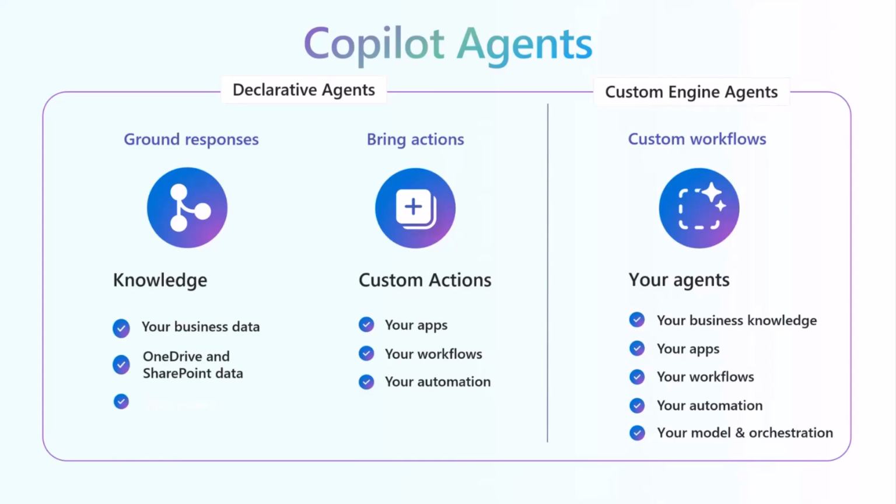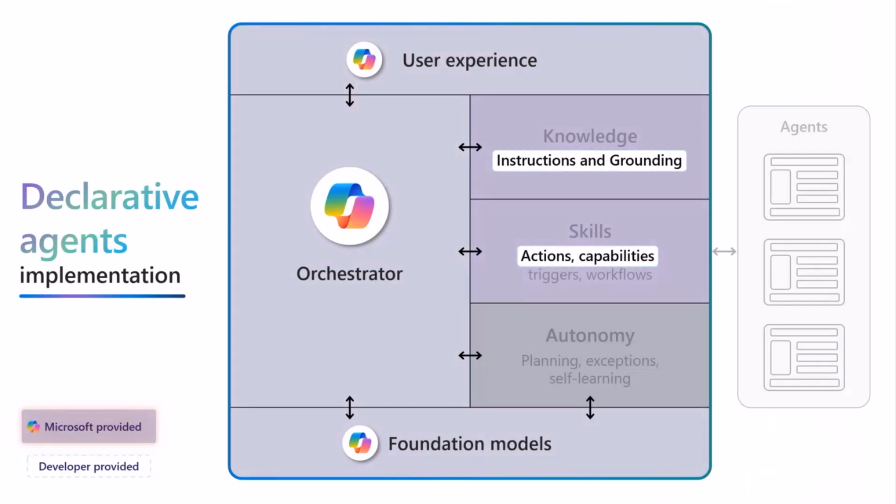In this demo, we focus more on declarative agents and what they actually mean. The key point is to understand that the user experience is Microsoft 365, so we're surfacing things in Microsoft 365 when we're using declarative agents. We're telling Microsoft 365 Copilot to behave in certain ways. That's really the definition of declarative agents. The orchestrator and foundational models are provided by Microsoft 365. You don't control them as a developer or as a user creating these declarative agents.